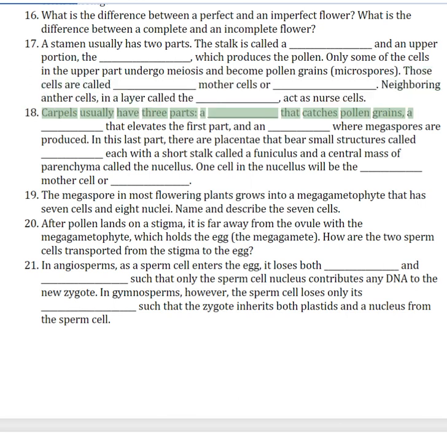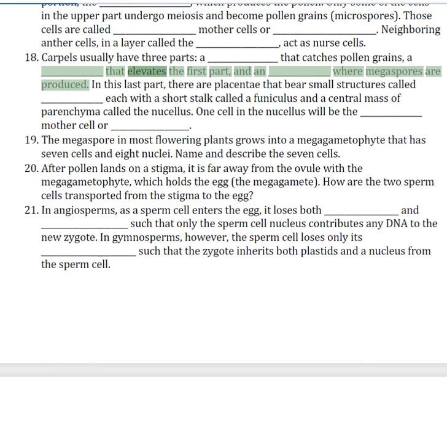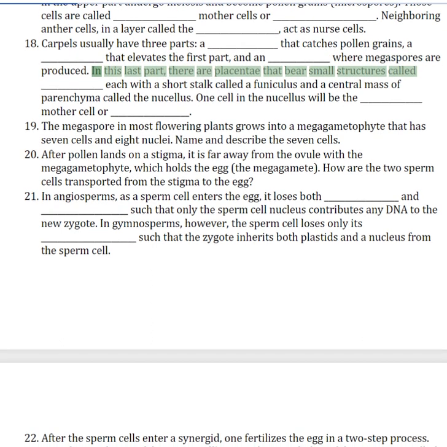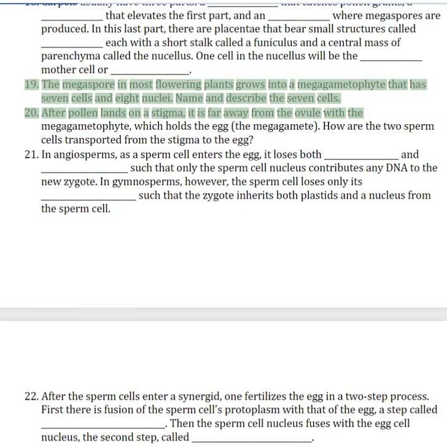18. Carpels usually have 3 parts: a that catches pollen grains, a that elevates the first part, and an where megaspores are produced. In this last part, there are placentae that bear small structures called, each with a short stalk called a funiculus and a central mass of parenchyma called the nucellus. One cell in the nucellus will be the mother cell or